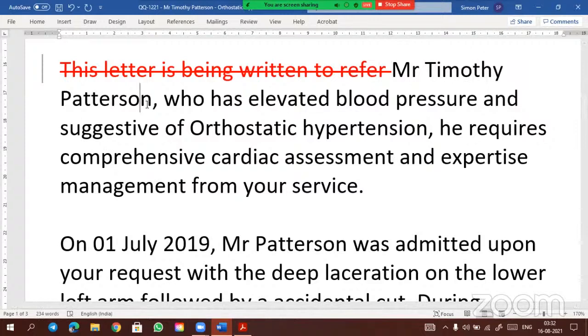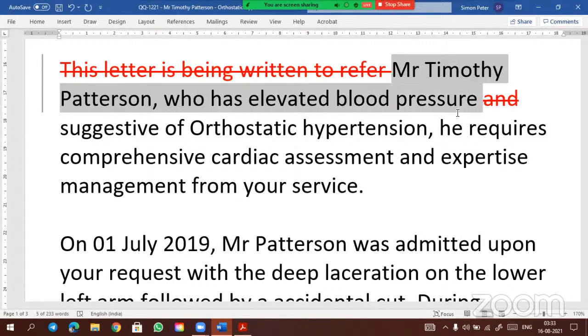Mr. Timothy Patterson, who has elevated blood pressure, suggestive of orthostatic hypertension. Mr. Timothy Patterson, who has elevated blood pressure, suggestive of hypertension,